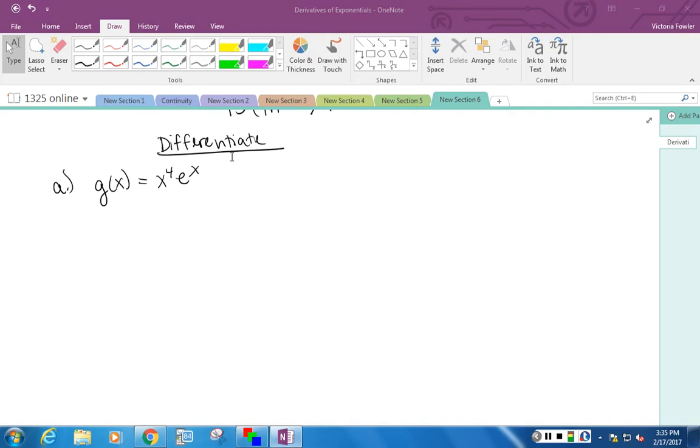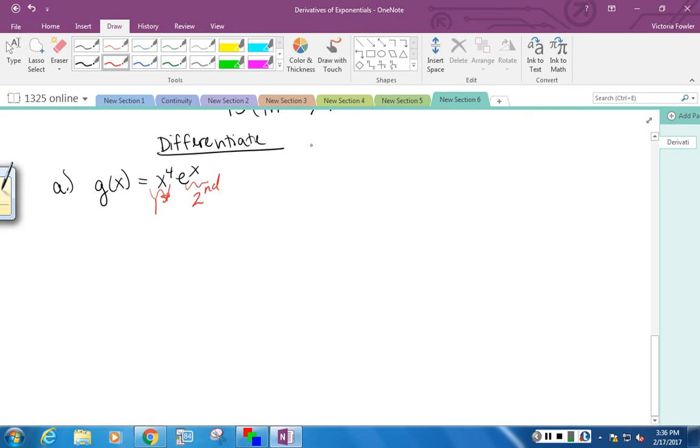Okay, so I've got another heading. It's still differentiating, but I'm going to distinguish it as part A again, just because now we're going to continue to use these rules, but we kind of amp it up. And so if you have gotten accustomed to looking at these problems in the way that you should start thinking about what rules can I use, and if I can't see them right away, is there something I can do to manipulate it? But I see this as factors, and that means I'm going to use this as for product